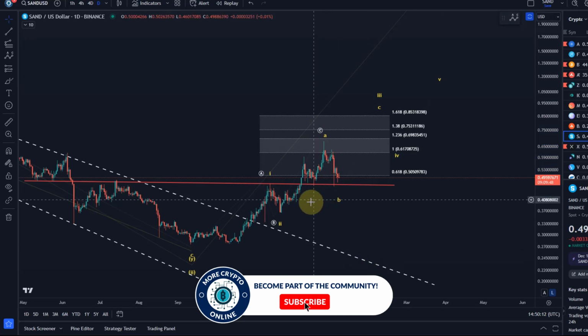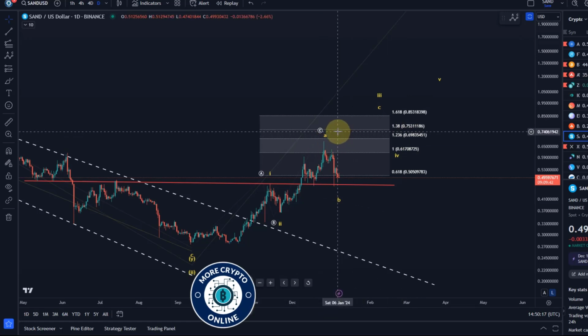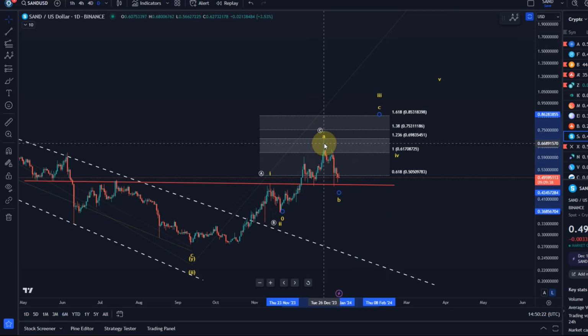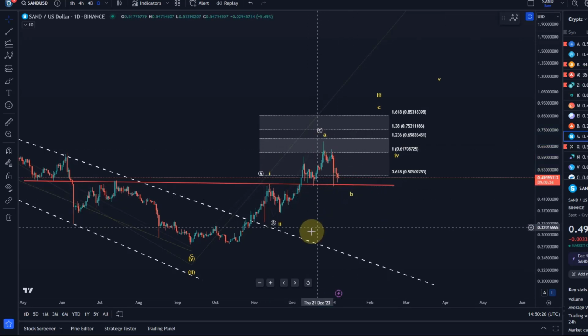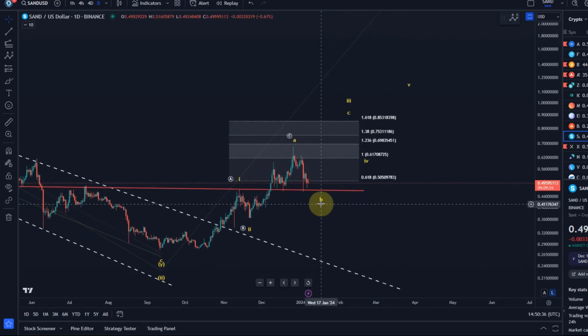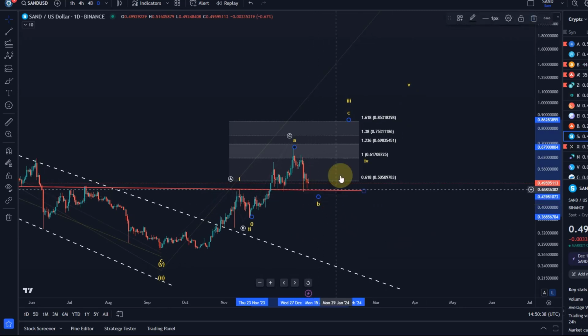So again, this is not a third wave because it didn't reach the 1.236 extension. Normally, I would even like to see the 1.38 in a third, and it didn't do it. So this would have to be, in the yellow count, the A wave. This could be a B wave, and the invalidation point for that assumption is the 36.5 cent level. A break below that level would be invalidation for the yellow count. That's noteworthy, and then the C wave could still start from there.